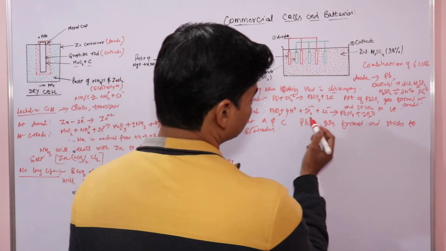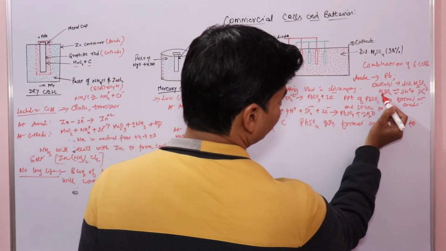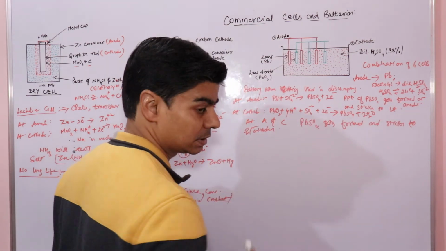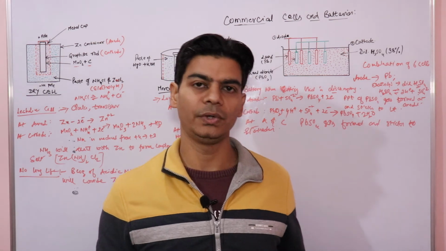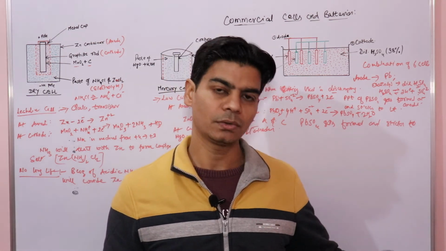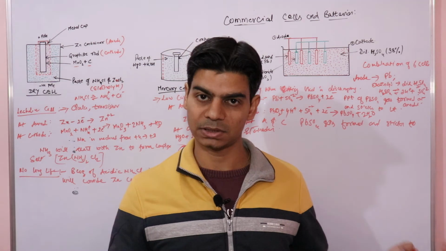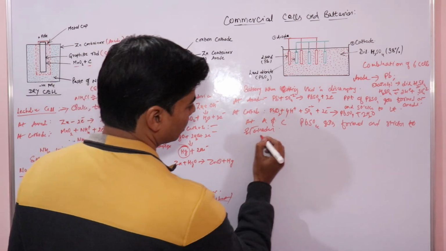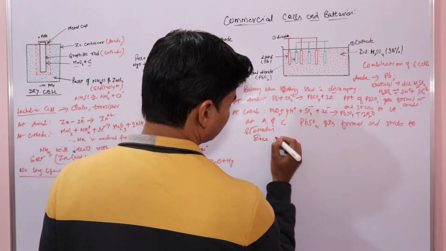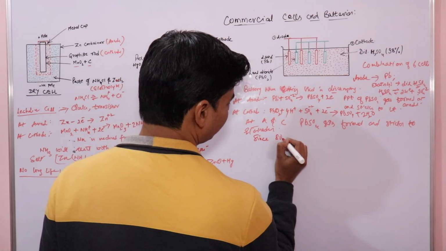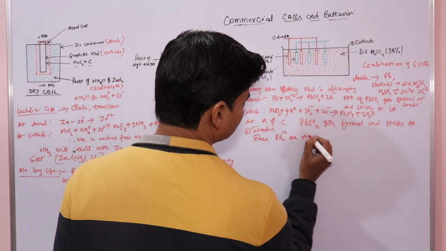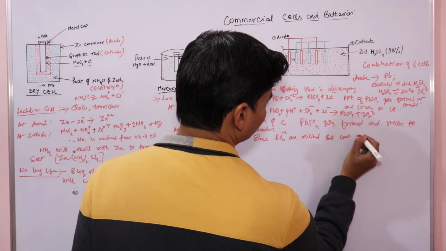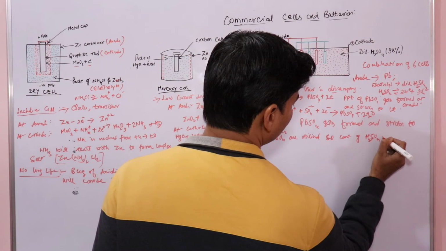And since we said that sulfuric acid ionizes to form sulfate ions, and these sulfate ions are getting utilized in these reactions, the concentration of sulfuric acid will decrease, right? So when sulfuric acid is completely used up, this reaction will stop, right? Since sulfate ions are utilized, the concentration of sulfuric acid will